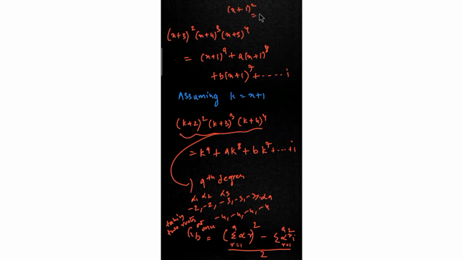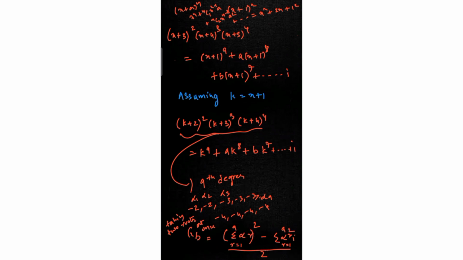If I put x plus 1 whole square, we write this as x square plus 2x plus 1, right? In the same way you can infer the coefficients by taking the binomial expansion, or you can use the generalized format. x plus a whole power n is x power n plus nC1 x power n minus 1 into a plus nC2 x power n minus 2 into a square and so on, where nC2 is a selection of 2 at once. So that's the reason b is nothing but taking 2 roots at once.